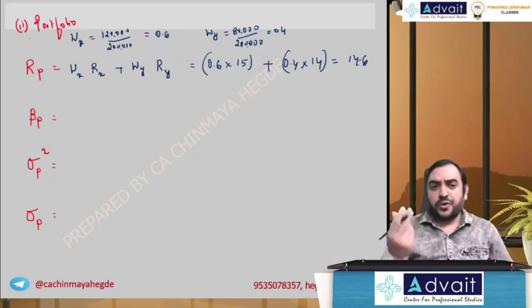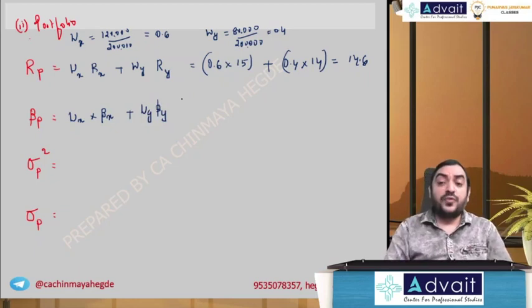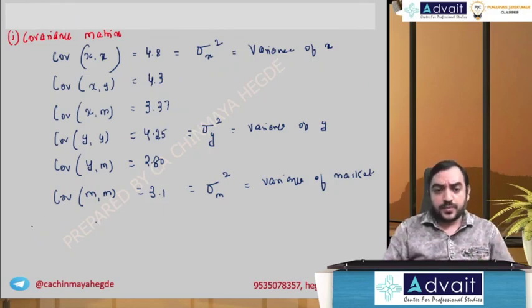Okay. Now beta of portfolio, similar format. Weight in X multiplied by beta of X plus weight in Y multiplied by beta of Y. Oh, beta we don't know. Let's calculate beta first then. I'll rewrite in the previous slide. So beta, let's calculate. You know the formula for beta. Beta between security X and market, let's say. What is the beta formula? Covariance divided by market variance. Hope you know that. Covariance by market variance.